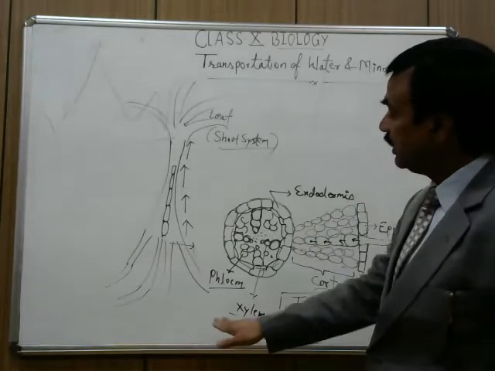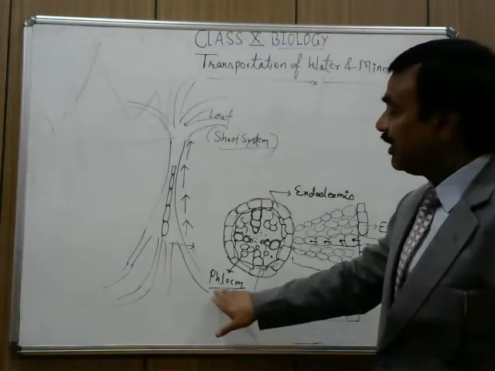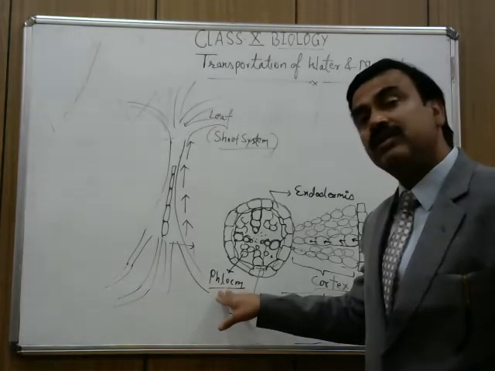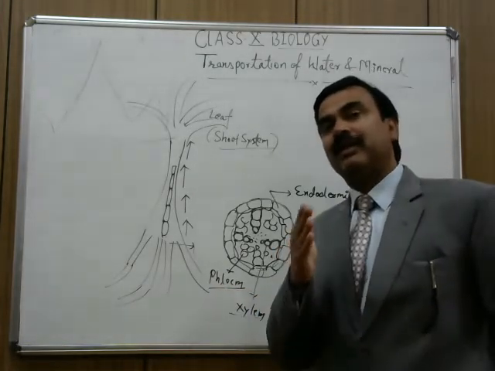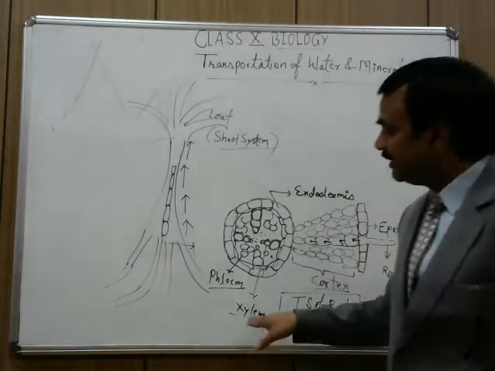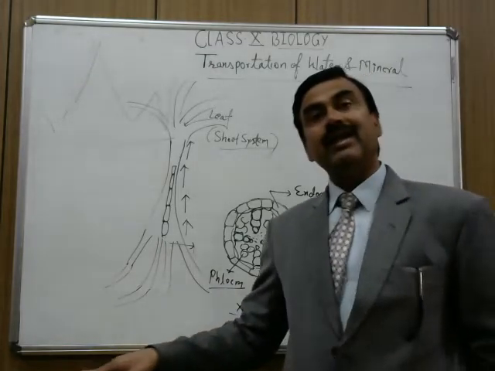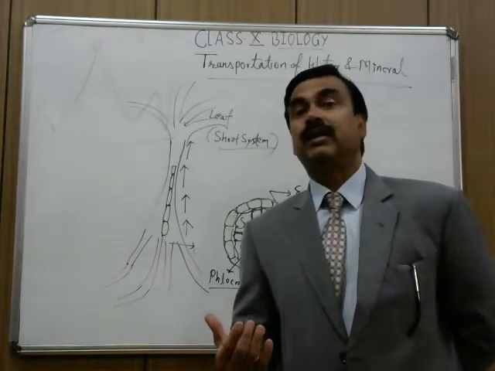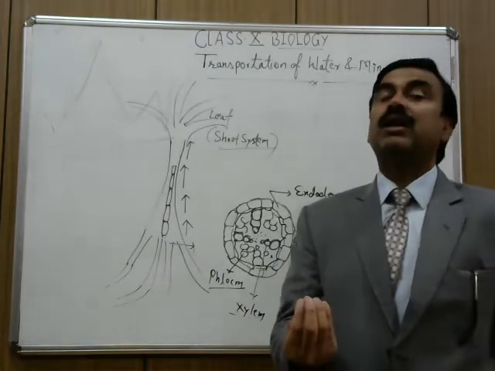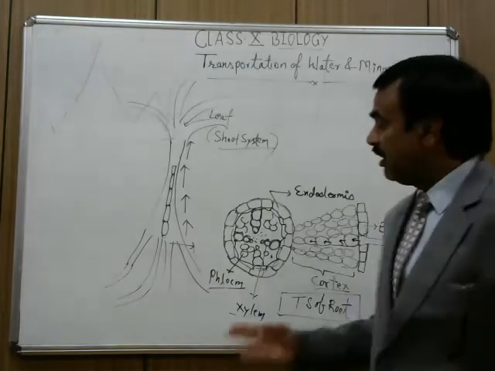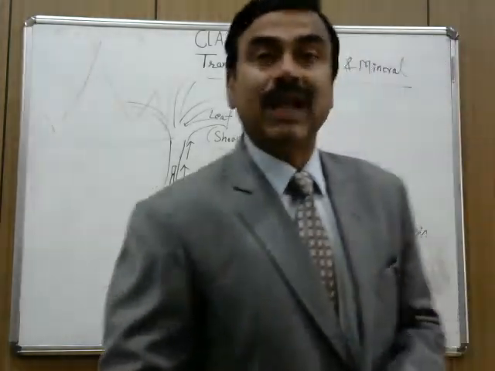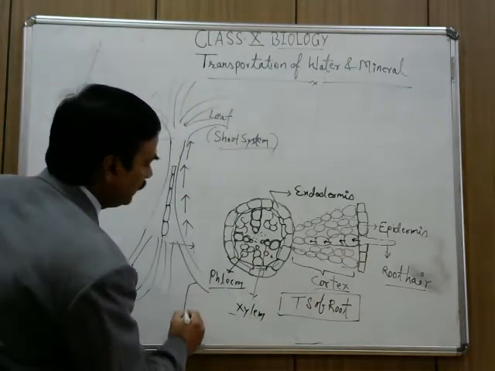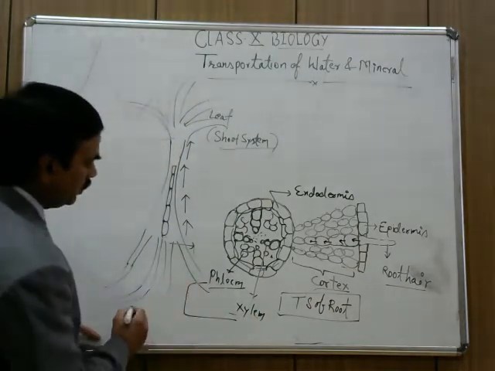the water and food. Phloem always helps in the transport of food, these are the vessels, these are the tissues which are helping in the transport of food, and xylem is always helping in the transport of water and mineral. So these two tissues are known as vascular tissues or conducting tissues, which help in the conduction of water and mineral in the plants. Now coming to the topic, these two tissues are called